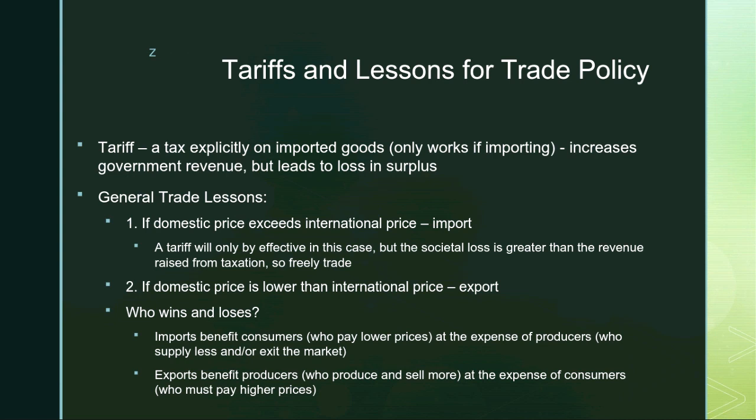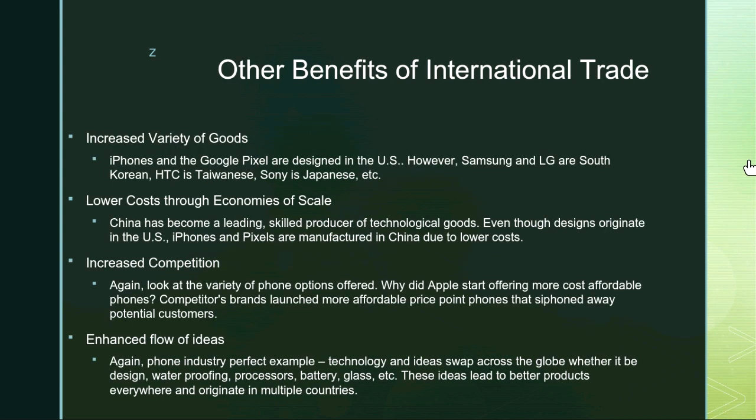Now, there are other benefits of international trade. First off, we have increased variety of goods. Notice that iPhones and the Google Pixel are designed in the US. However, Samsung and LG are South Korean, HTC is Taiwanese, Sony is Japanese, and so on and so on. This tells us that you get a wider variety of goods by trading. Particularly, go back to the example of avocados. The U.S. really is not a great place to grow avocados, and so by trading with Mexico, the U.S. can acquire avocados, create guacamole,